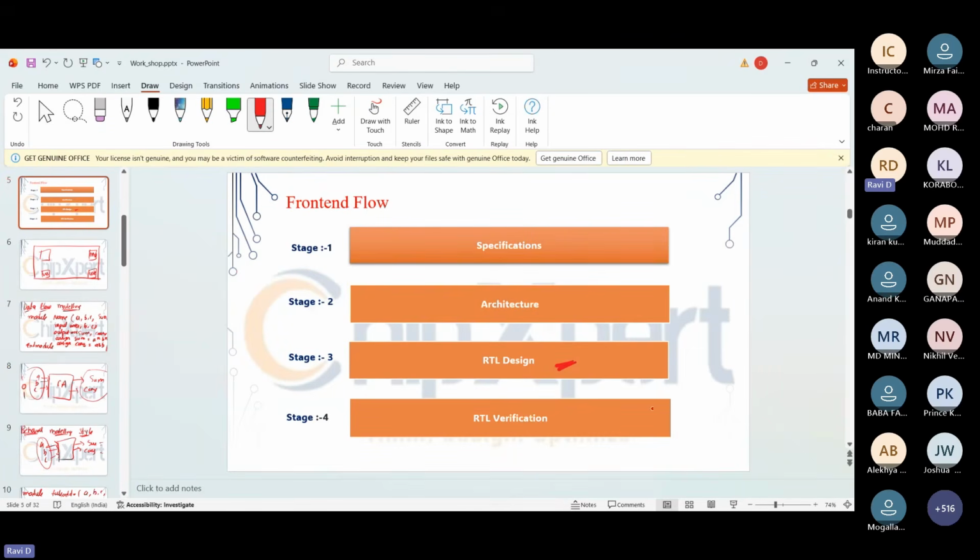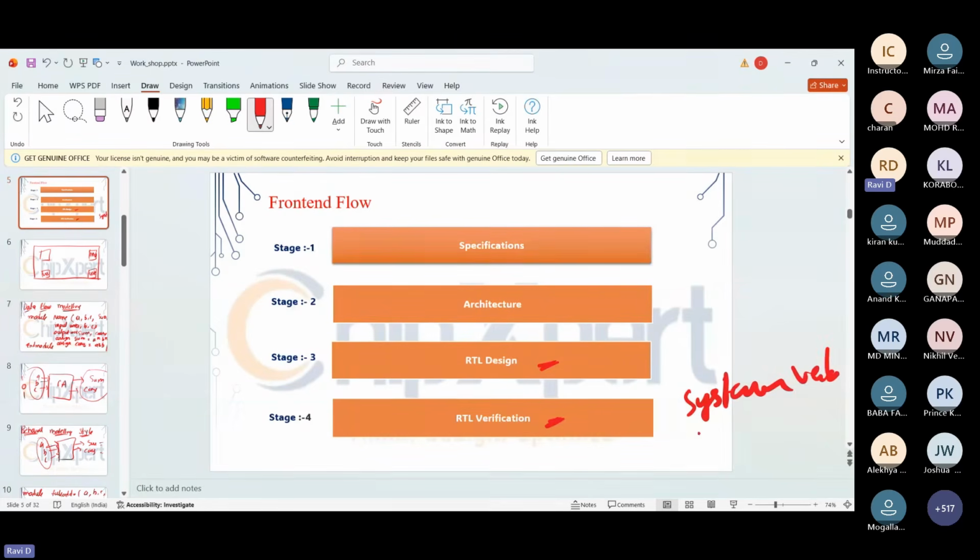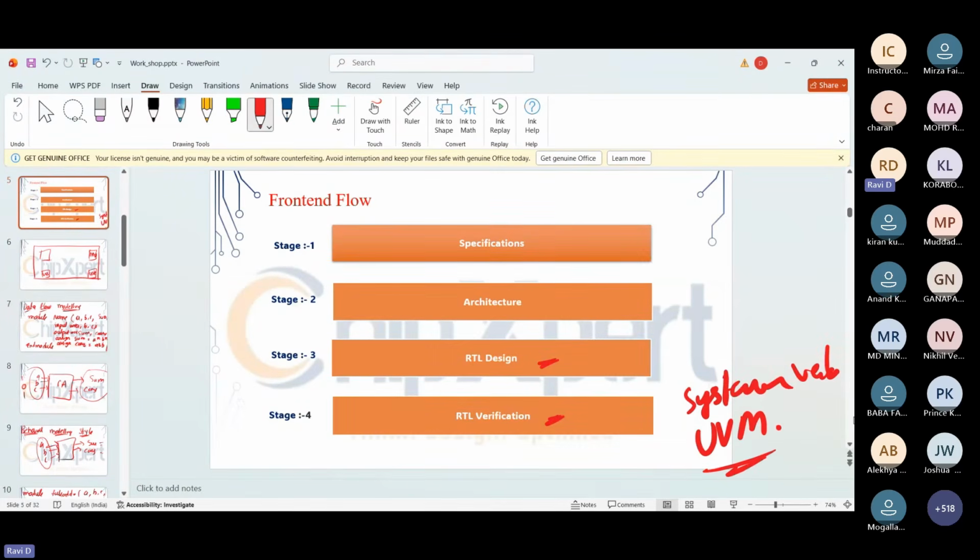For RTL verification, we are going to use SystemVerilog and UVM, and the methodology we use is UVM, the Universal Verification Methodology. We can also verify our design in Verilog, but rather than Verilog, mostly we prefer SystemVerilog. Why do we prefer SystemVerilog over Verilog? I'll explain that too. In the past, we designed our circuits in the Verilog language, and in the same Verilog language itself, we verified them.